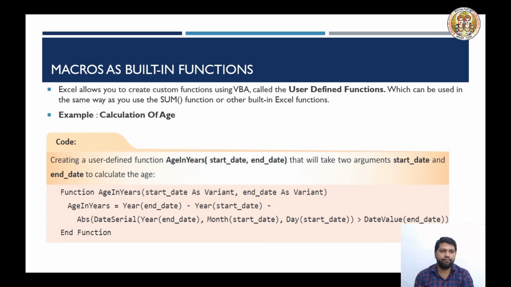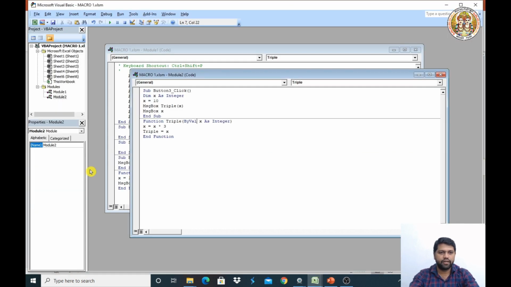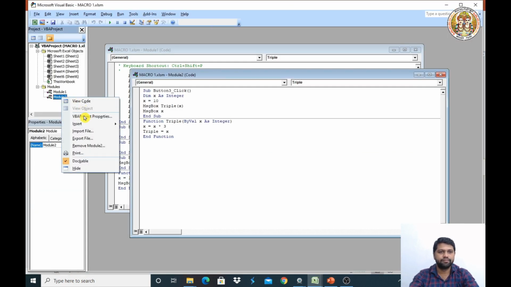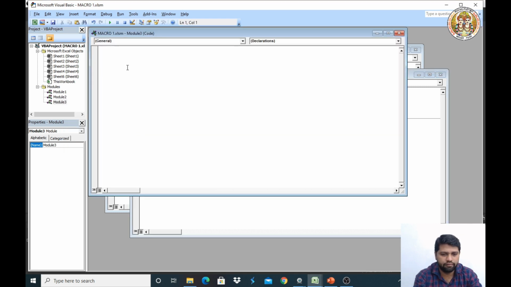So here we have one example, calculation of age. So this much code we need to write, and we can call the function, then it will show the age of that person, right? So this much code needs to be written in the VBA. Let us see that. Right, again I'll take one more module. So here I need to copy that.